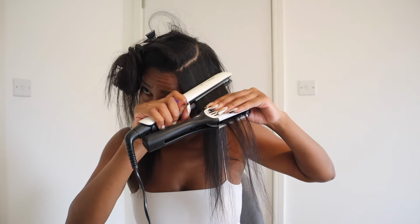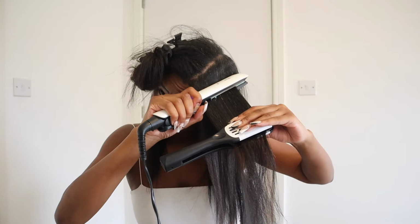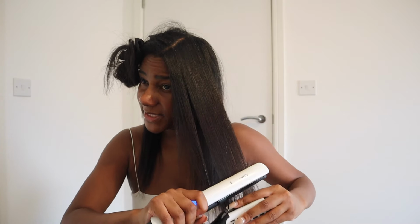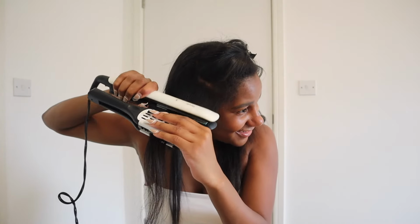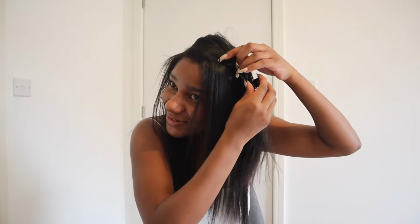But anyway, the main difference that I do when I'm doing a keratin treatment is I go over my strands twice. I go over each strand that I'm straightening more than once, because that is going to help to lock in the system. I don't know if you guys have ever seen those videos of people literally going over a piece of hair like 10 times, and most of the time in those videos it's because they're locking in a keratin treatment system. So it does say to do up to 8 passes on your hair on the instructions,